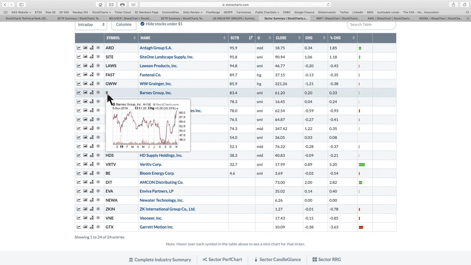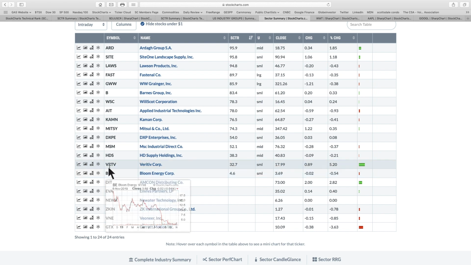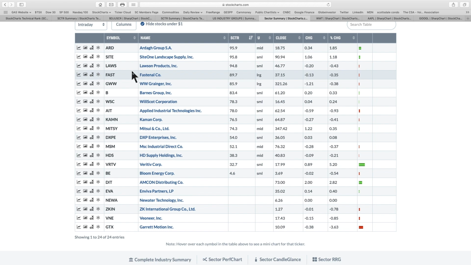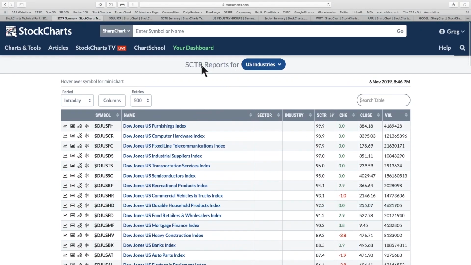So the whole group is starting to break out. That's very helpful information. And yet you want to avoid this Bloom Energy down here, where it's not really following the move of the rest of the industry group. So when you see the SCTR ranking for the group, and again, we're looking at the SCTR reports for US industries,